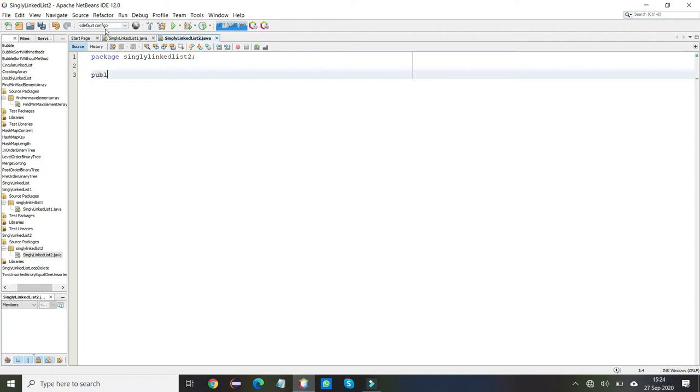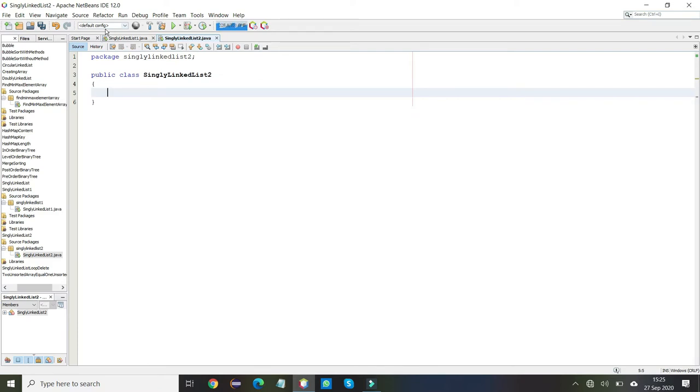That is public class SinglyLinkedList2. Okay. Now we have to write the main method: public static void main, String args.